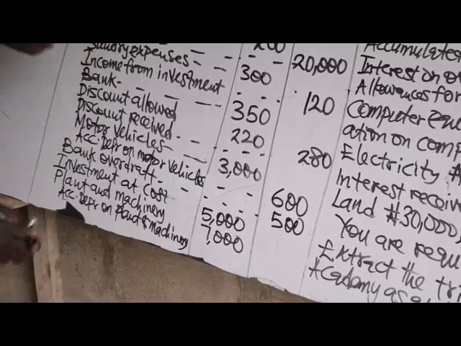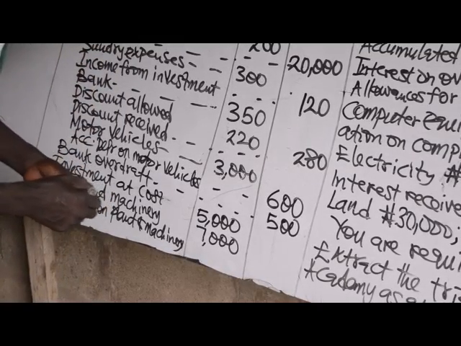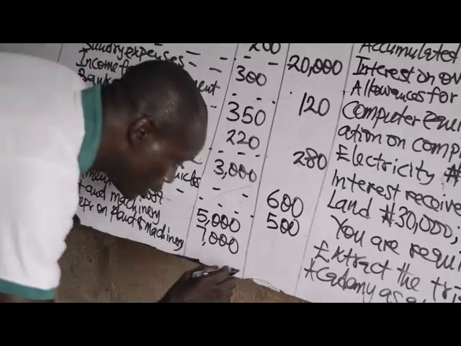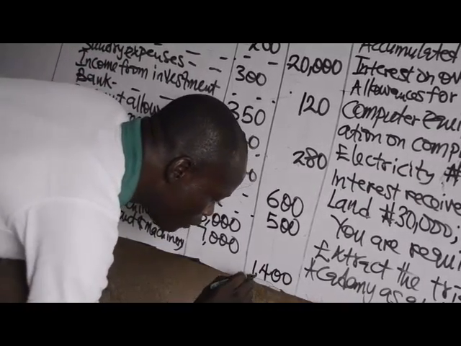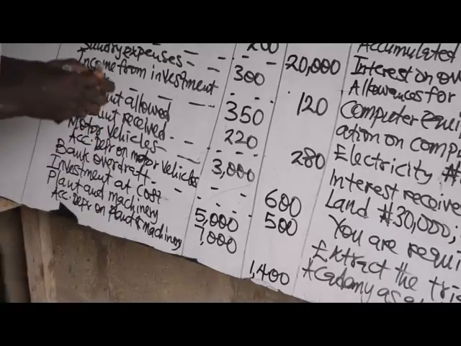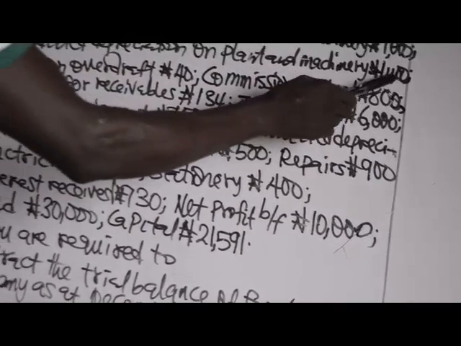Accumulated depreciation on plant and machinery, that amounted to 1,400. Back to the question. After accumulated depreciation on plant and machinery,